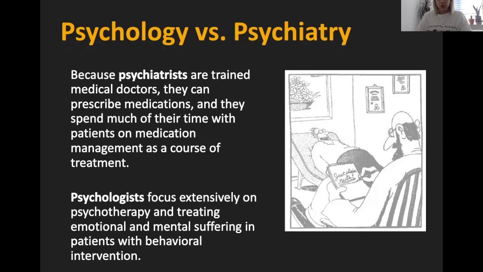So here's the difference between a psychologist and a psychiatrist, because while they're related, they are not the same thing. A psychiatrist is a medical doctor, somebody who has gone to medical school and is authorized to prescribe medication. You cannot get medication from a psychologist. A psychologist is a person who likely also did go to graduate school but didn't go to medical school. They are not authorized to prescribe medicine and focus more on psychotherapy or talk therapy or cognitive behavioral therapy,